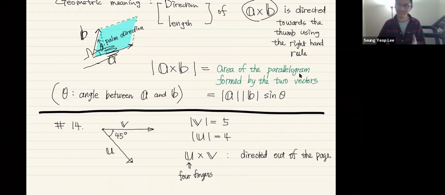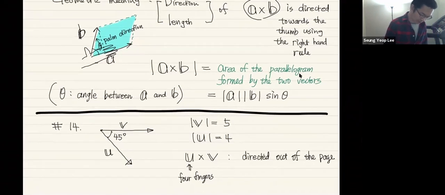Okay, so I can ask such a question. What will be v cross u if you change the order between v and u, instead of u cross v, but v cross u? Then you can see that now the vector is going into the page. Okay, so we know the direction. To completely know what's the vector u cross v, we also need